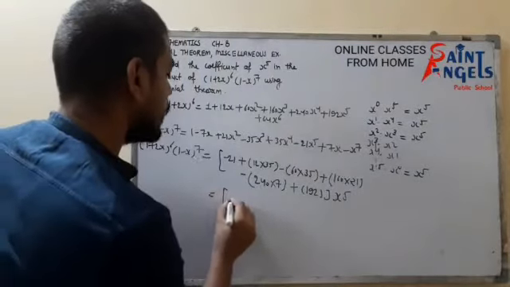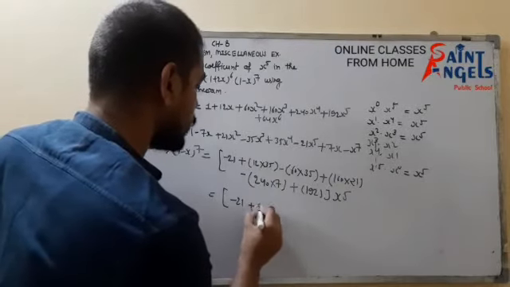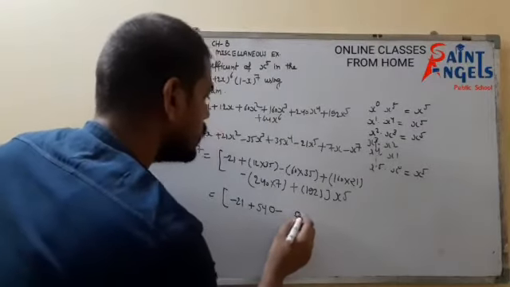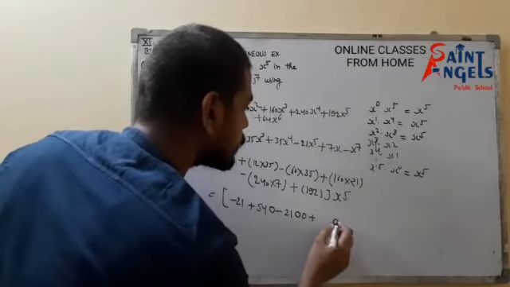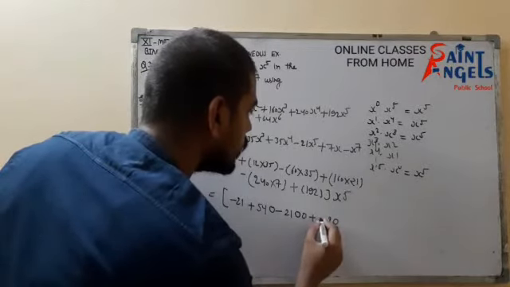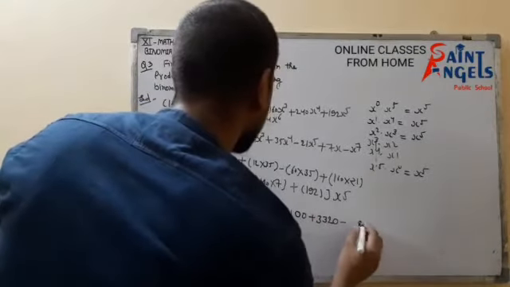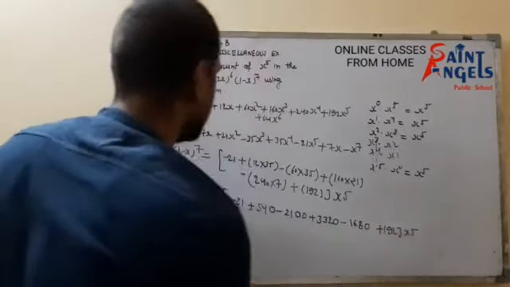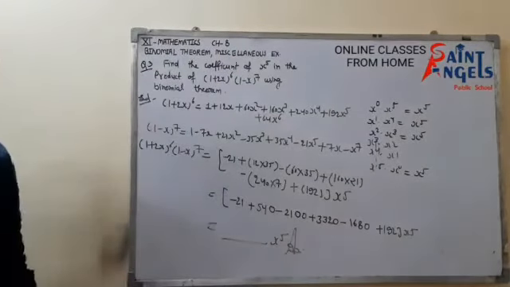Now solve it and we will get minus 21 plus 12 5 is 60, 12 is 48 and 654 minus, that would be 6 5 is 30, 6 is 18, 21 plus, that would be 12 and that would be 33. Okay, minus plus 192 x to the power 5. Now simply solve it. Whatever you will get, that would be the coefficient of x to the power 5. Okay. Now please pause the video and note it down.